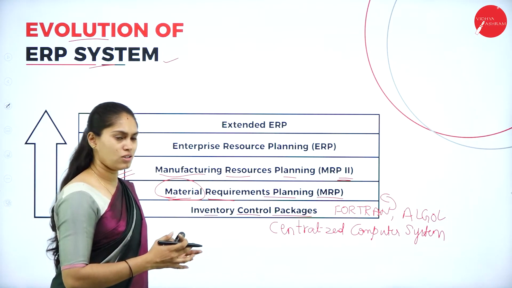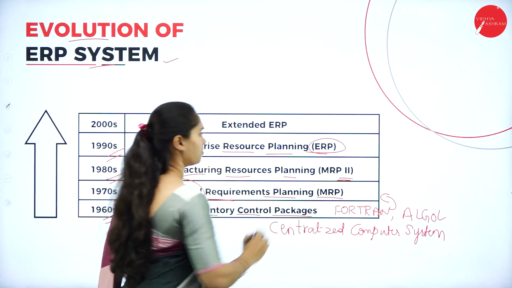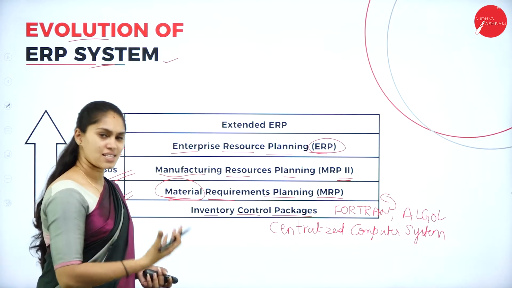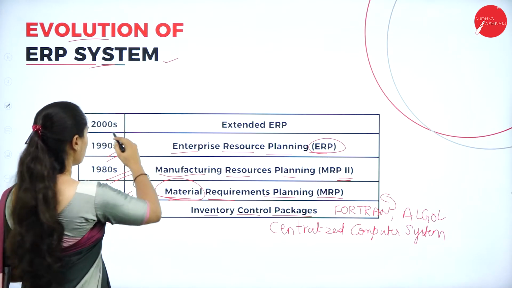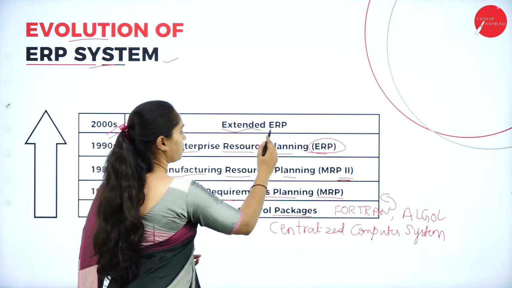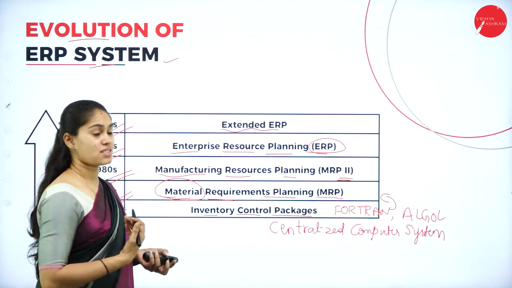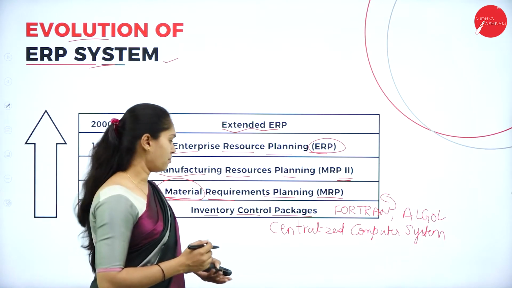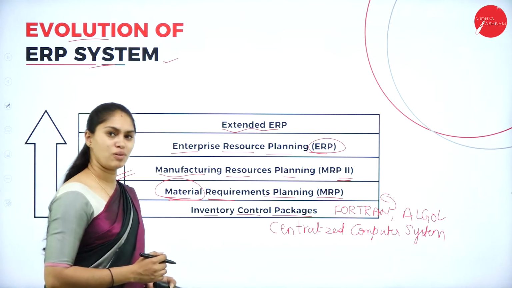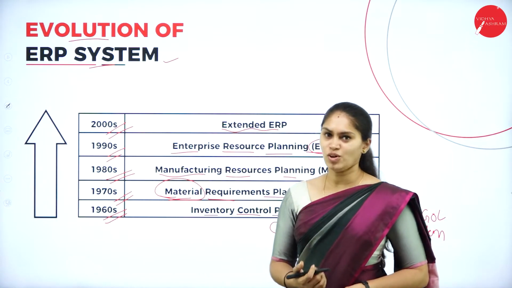By integrating all those things, they started with enterprise resource planning, termed as ERP, and it has an extended version used in the 2000s, the 21st century, that is termed ERP or extended ERP. This is how ERP evolved from the inventory control package to extended enterprise resource